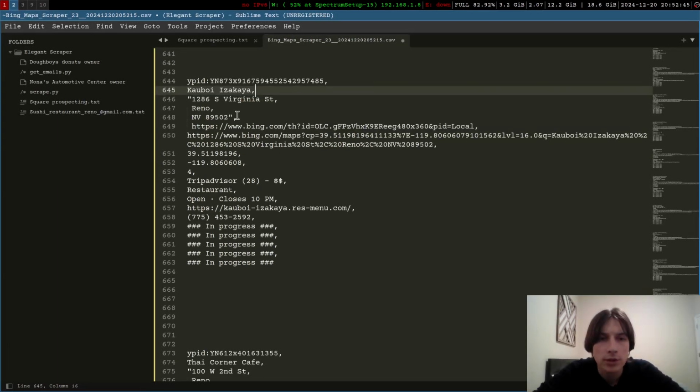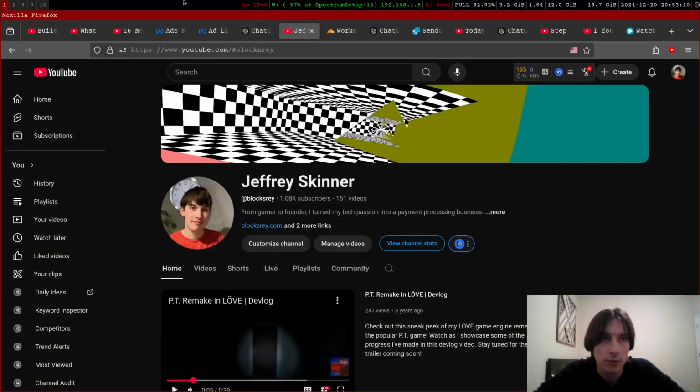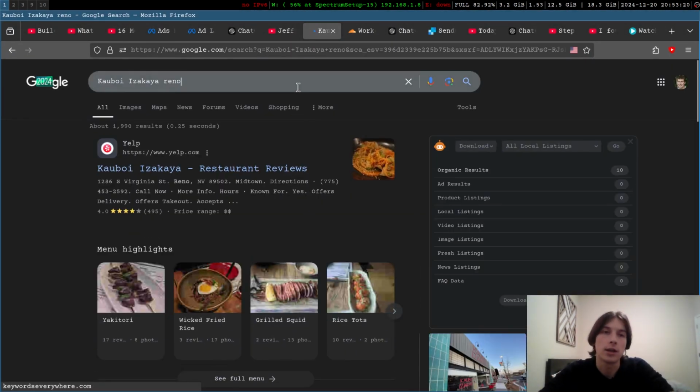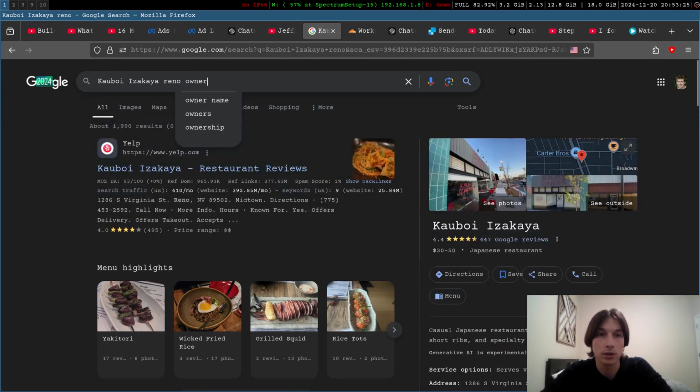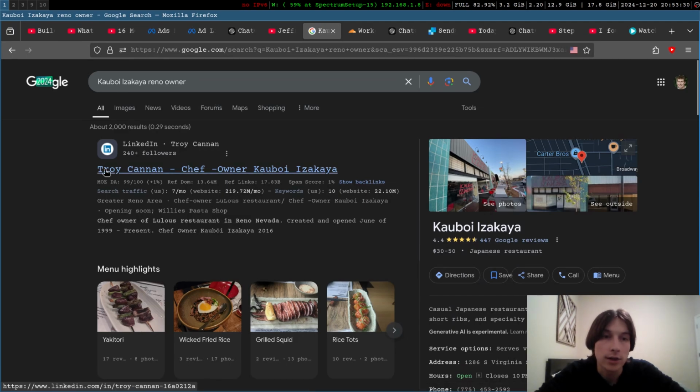Let's say, for example, we want to find the LinkedIn profile of Cowboy Izakaya. We have a few attributes that can help us search for it, but the main ones are just the business name and the location. So we can say Cowboy Izakaya Reno, and let's add another term to this query. Let's search owner. And it looks like we got lucky, so the first result is the LinkedIn profile,